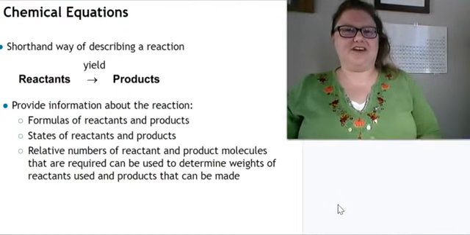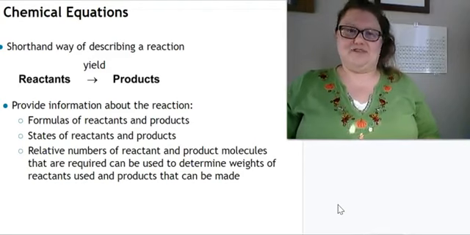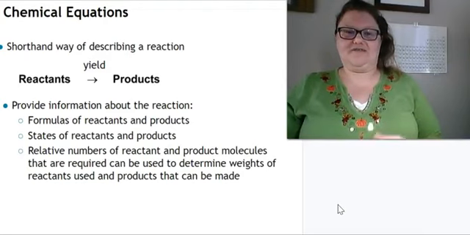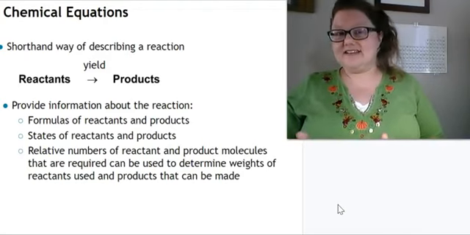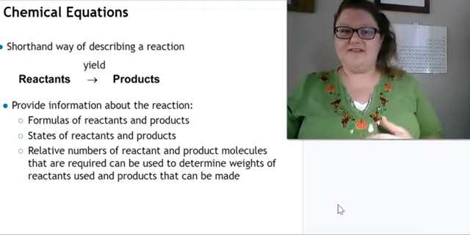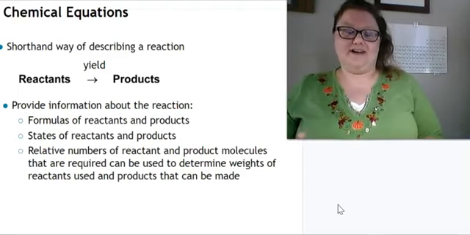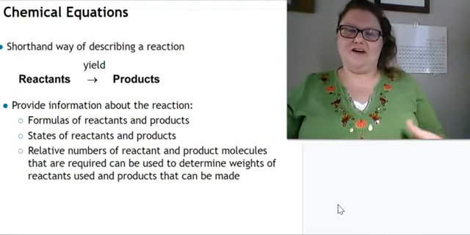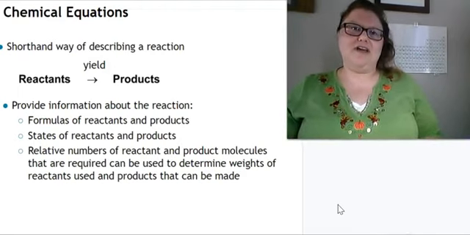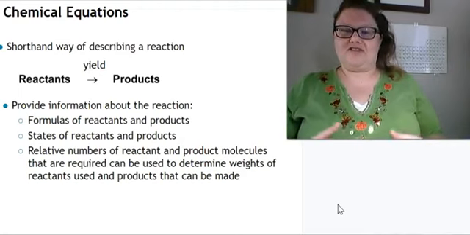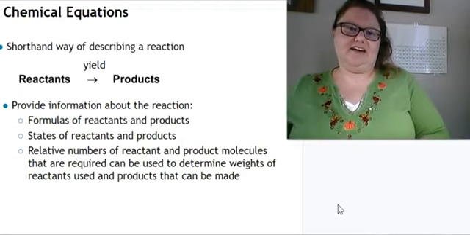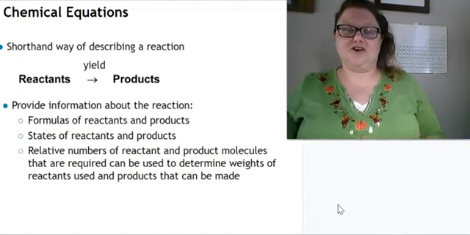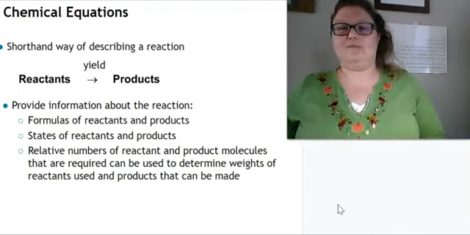Okay, so chemical equations are a shorthand way for chemists to describe a chemical reaction. It gives a lot of information. It gives us the formulas of the reactants as well as the products, the states of matter for the reactants and products, and the numbers of quantities of how they relate to each other. So how many moles of a reactant, and that's going to yield how many moles of product. So we can use this to determine how much reactant we need and then how much product we're going to